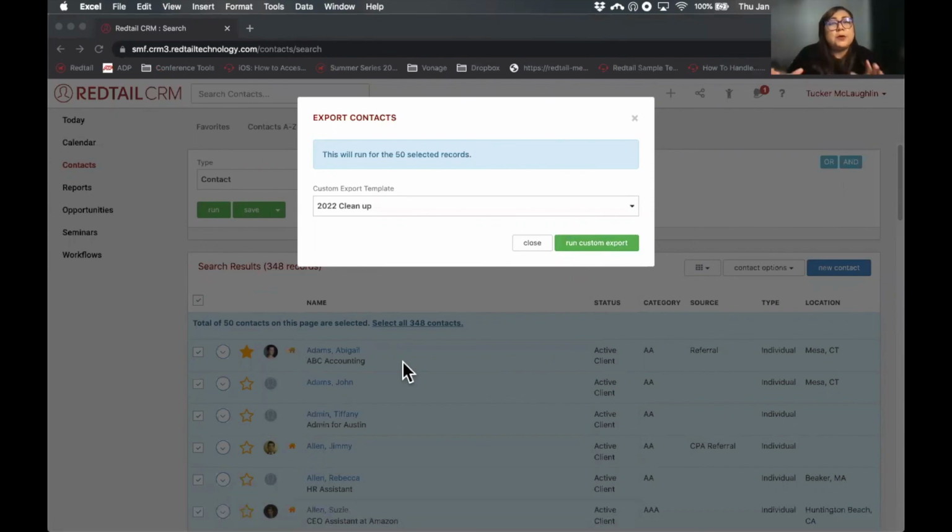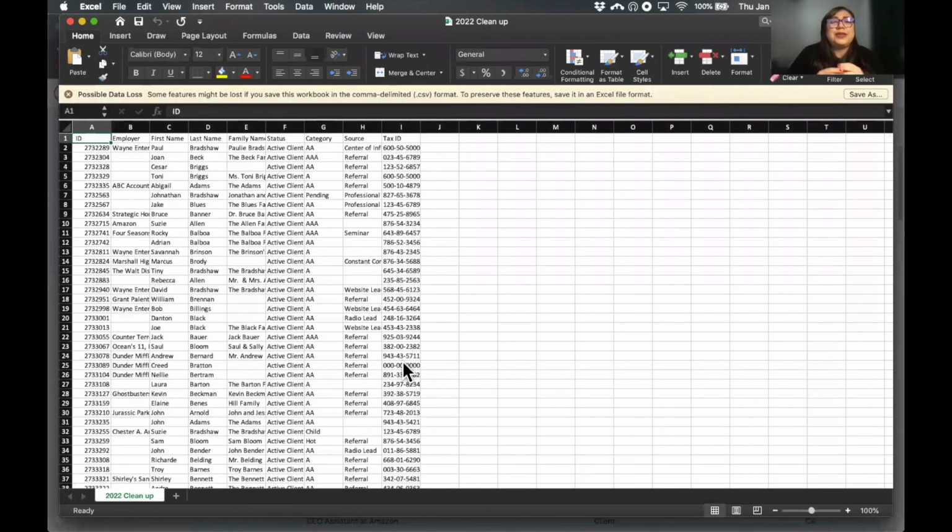But again, the beauty of this one is that it's going to give me the data that I am looking for. More importantly, it's going to give me the data that is missing in bulk as well. So if you're looking at it here and you're seeing a bunch of messes in here, you're going to see I have some sources that are missing, some family names that don't exist. I'm missing employer fields over here. The reason why you might prefer to go this route, why should I even run the custom export, is because